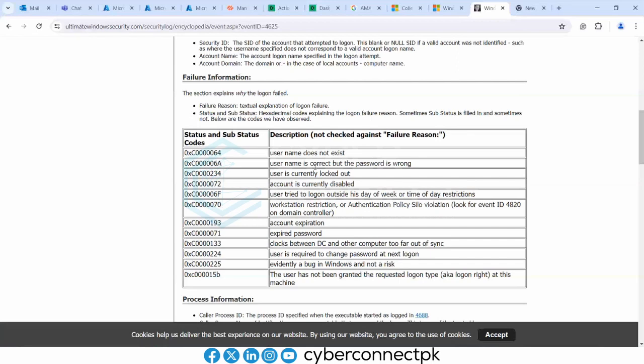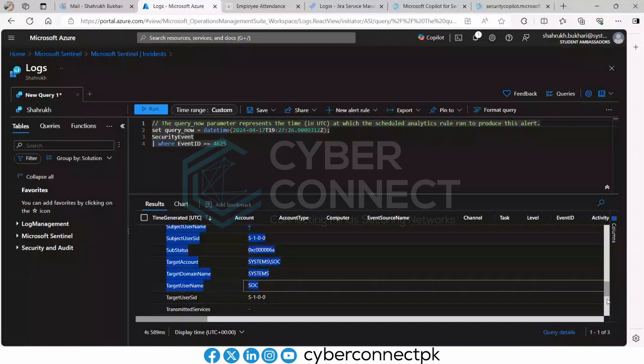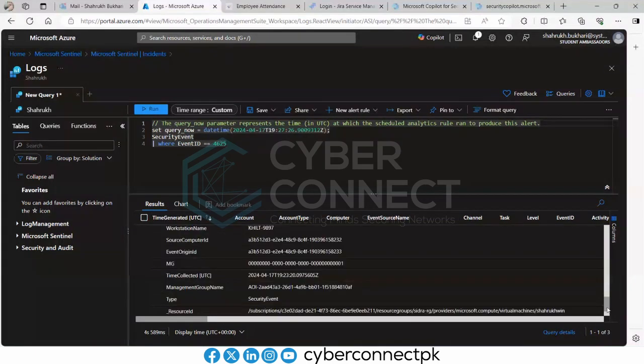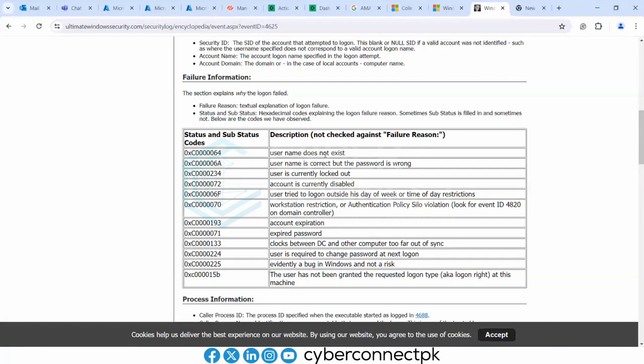So the reason is also mentioned in my evidence and log that I put a wrong password. So this is the simple way to investigate this type of event, like login successful, login failure. Maybe sometimes it will show you someone put an incorrect user, or the account is already logged out, or someone tried to log on with a disabled account. So from the logs you have to